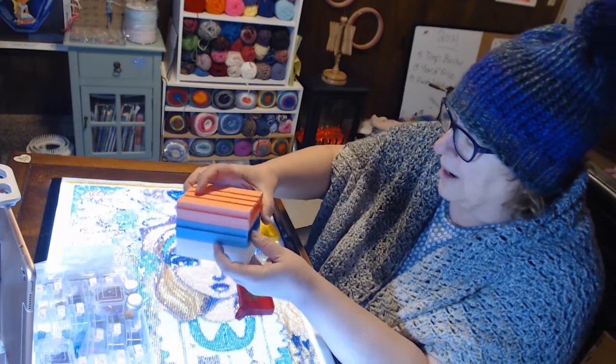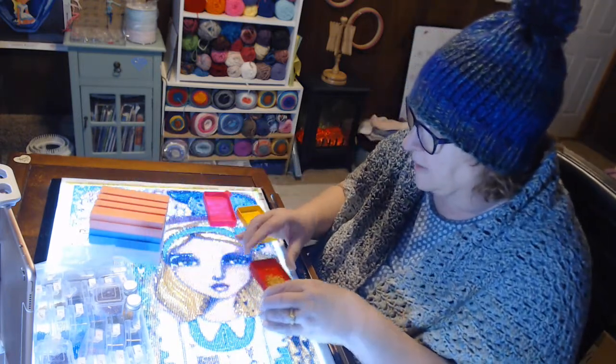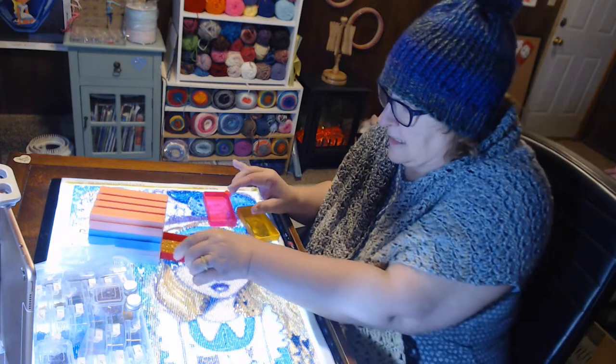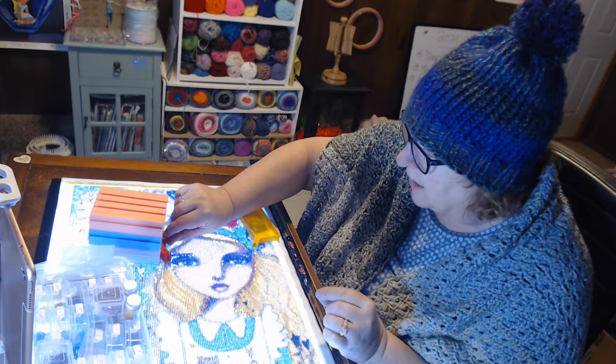Because I want to see how I do with that. So like I could put a few drills in here and then stick this in here. Now how am I going to remember what,